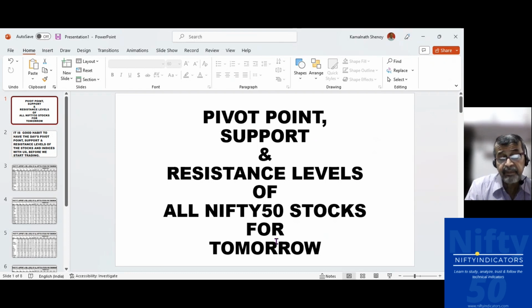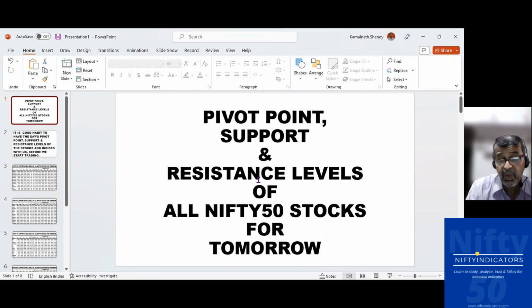In case, say for example, Nifty is at 17,350 and I want to take an entry, then 17,300 or whatever is closer to that support level becomes our stop loss for going long, or closer to 17,400, whatever is there is the level for us to use as a stop loss if you are going short.